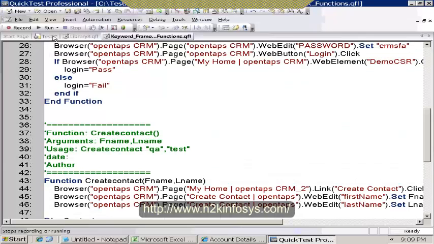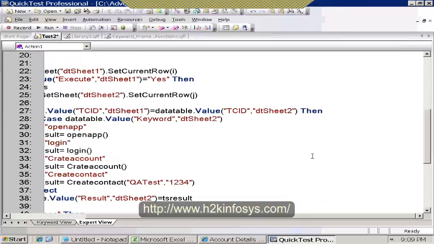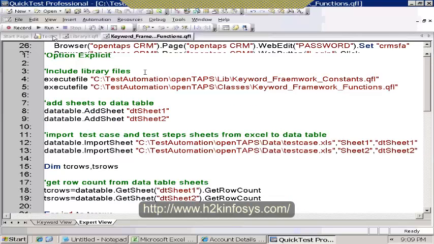Then what happens, if you look at the logic, we're talking about the driver script with